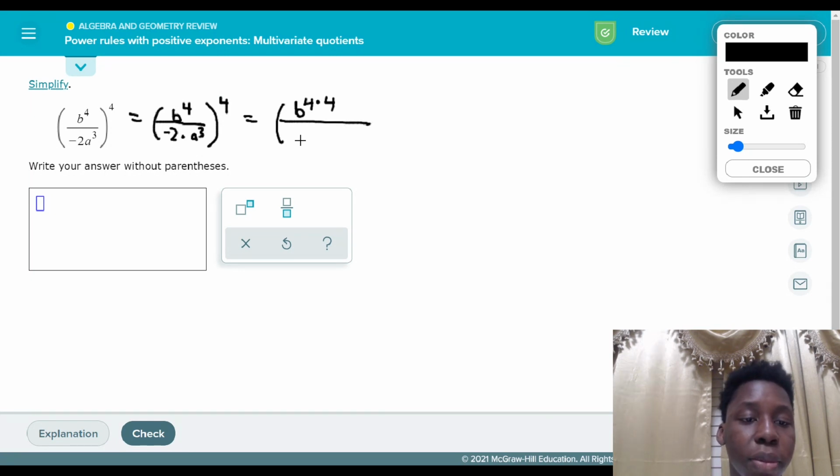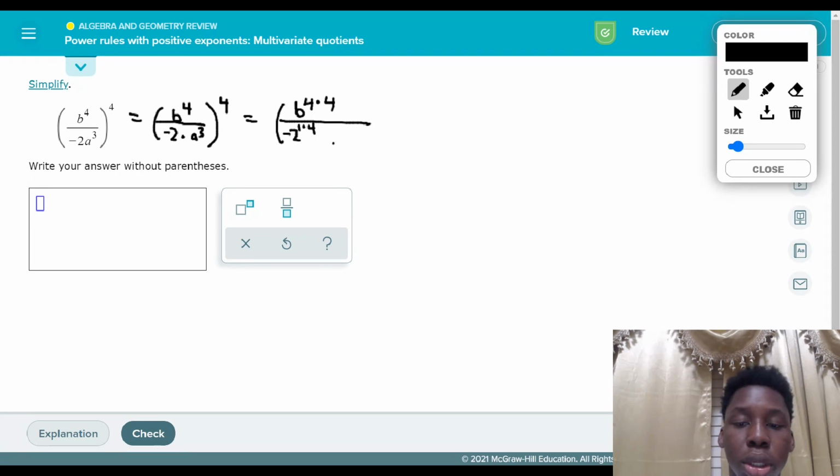Then divided by minus 2 to the power 1, because remember, there's no power attached to minus 2. The only power attached here is to a cubed, not to minus 2. So this is basically saying a cubed, not minus 2. Only a cubed is attached here. So this becomes a cubed, and then minus 2 raised to the power 1 times